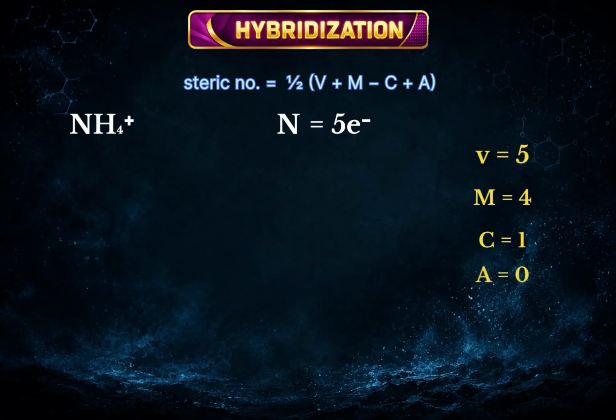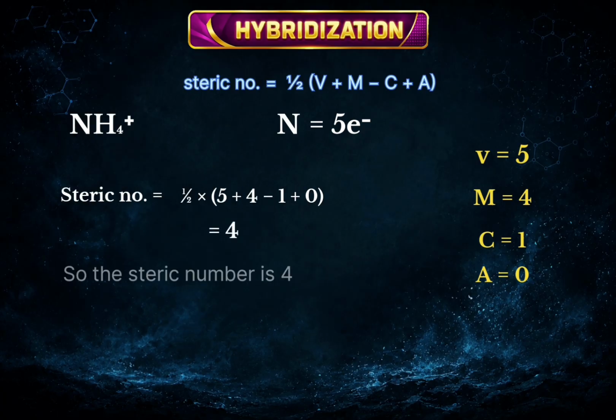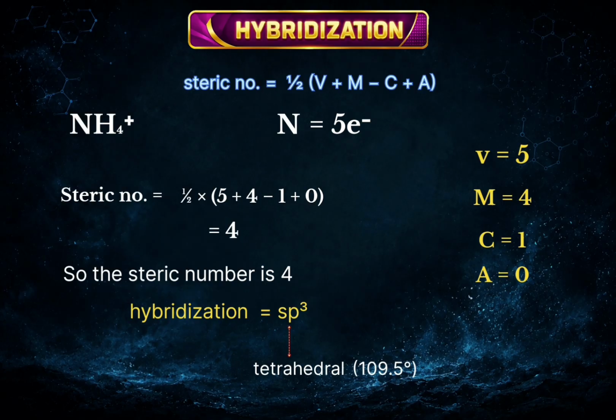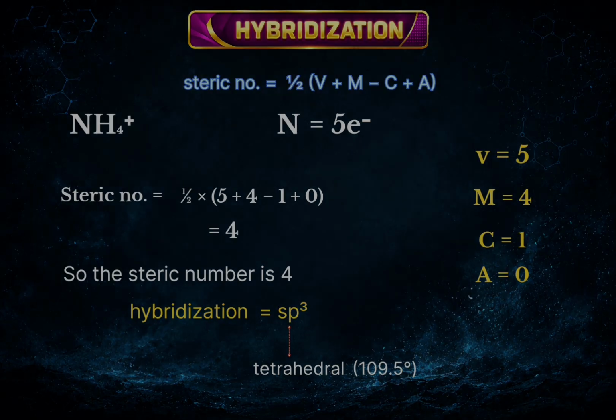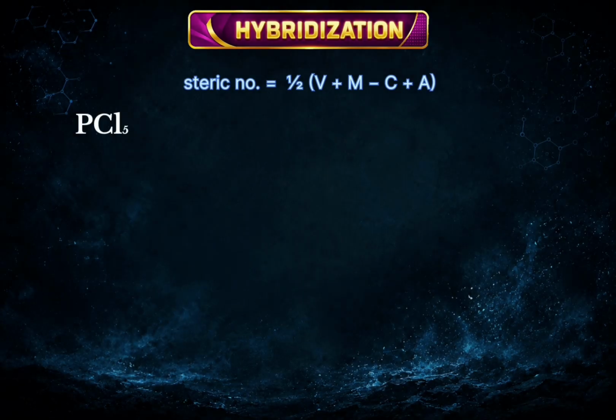Now, substitute the values. Steric number equals 1/2 multiplied by (5 + 4 − 1 + 0). That equals 4. So the steric number is 4. A steric number of 4 means the hybridization is sp³. Its shape is tetrahedral, with a bond angle of approximately 109.5 degrees. Now let's solve phosphorus pentachloride,